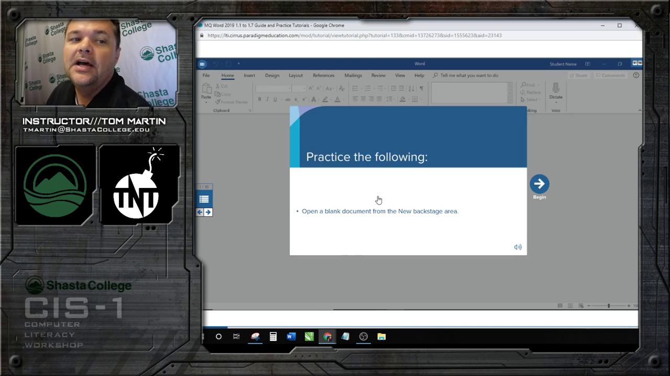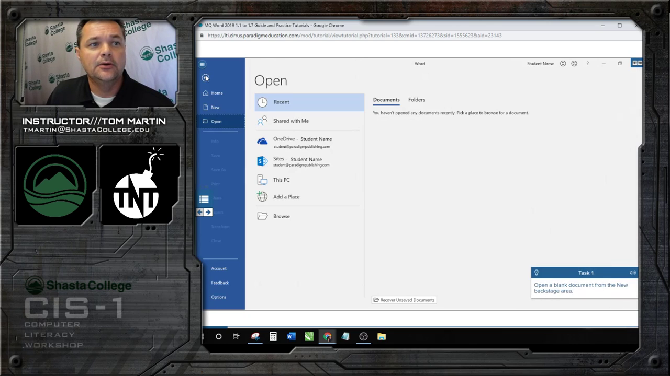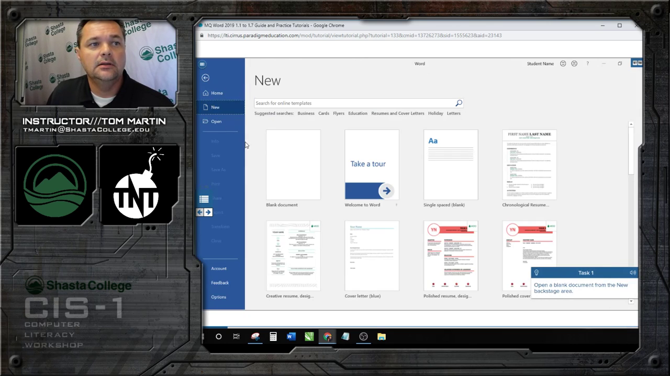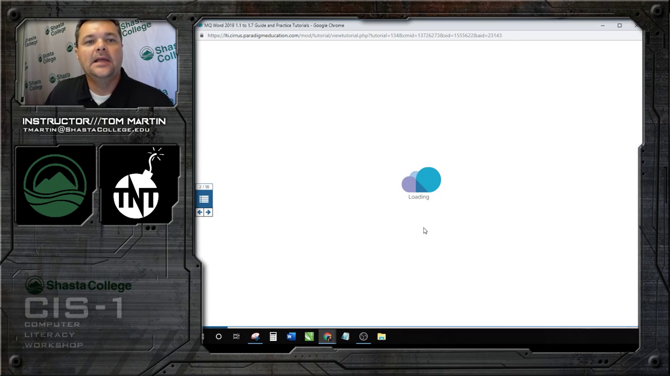Okay, so now for every one of those tutorials, it shows the student how to do it. Well, kind of gives them step by step, right? They still have to do all the clicking, and then they practice. Open a blank document from the new Backstage area. Okay, so now we're given a task, and they have to remember how to do it. So I'm going to go to the Backstage area, New, and blank document. Congratulations! You have completed the practice section. Okay, now I can hit close, and it brings me to